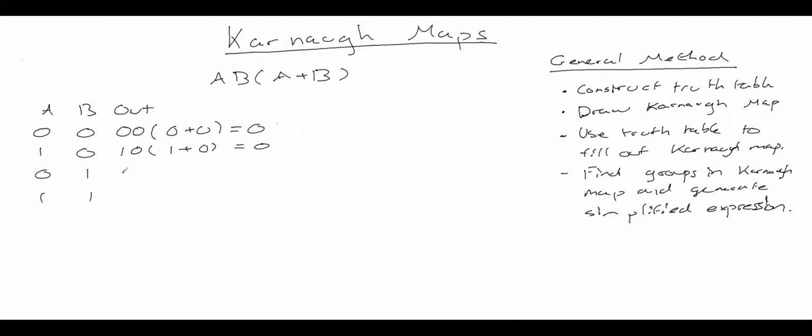We've then got 0 ANDed with 1, which is ANDed with 0 or 1, which effectively is 0 and 1, which is 0. And then finally we've got 1 ANDed with 1, and that's ANDed with 1 or 1, which is 1 ANDed with 1, which gives us 1. And you can probably see there what our simplified expression is going to be just from the truth table,